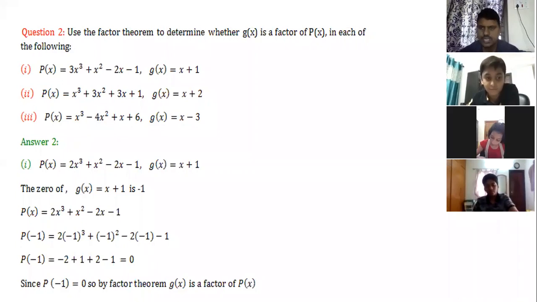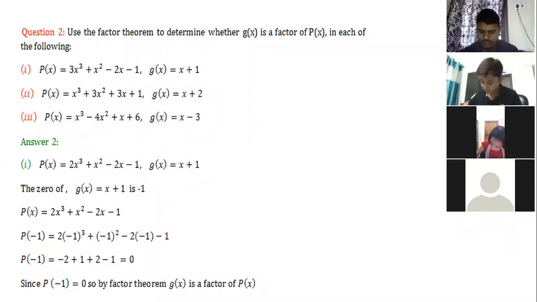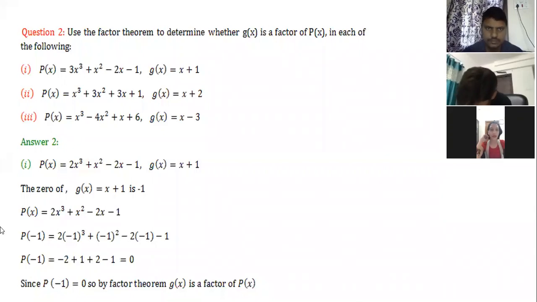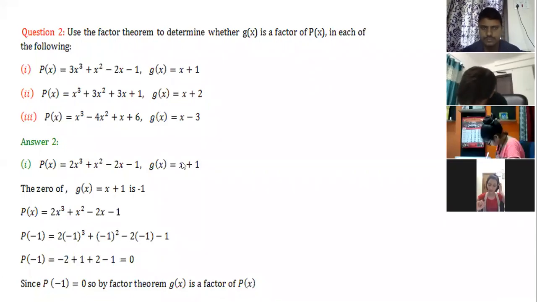Yes, sir. Yeah, start doing. Sir, the second one is not a factor, sir. Not a factor? Okay, one second, I'll show you the answer. The first one is not a factor, sir. First one is not a factor. It's not a factor. First one, second one is also not a factor. Third one is a factor. Sir, I did not understand.